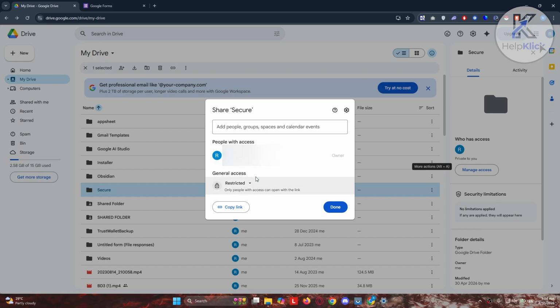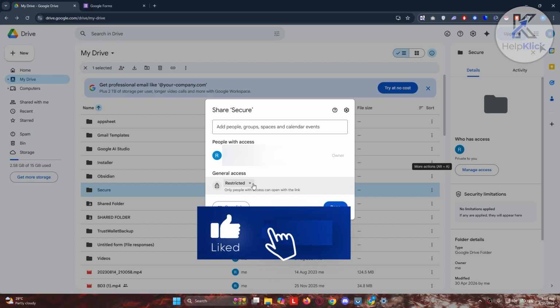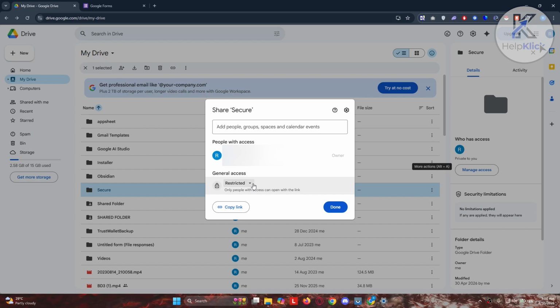But just in case you don't want to use this, and let's just say you want to secure this using a password, well, there is a way for you to do that, but just keep in mind, this is not totally secure. So how do you do it? First things first, you want to change this. Instead of restricted, you want to choose anyone with link. Now, anyone with a link on this specific folder will be able to share this,